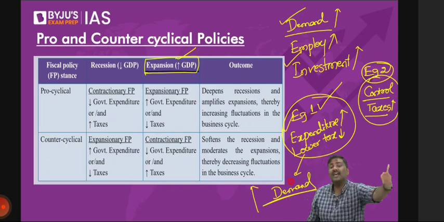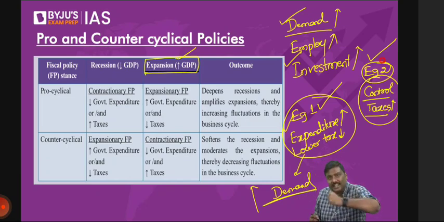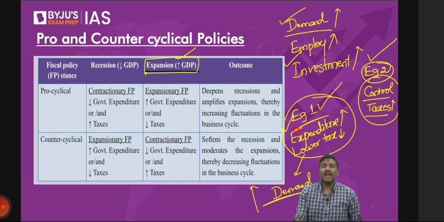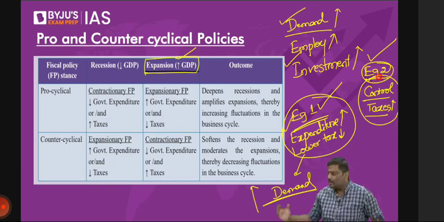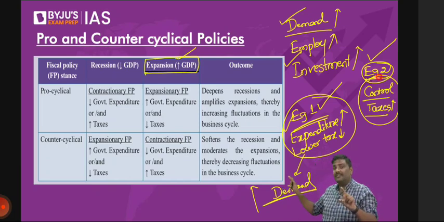Whereas in example 2, the policies are controlling and reducing the intensity of the phase in the economy. Can I call example 1 a pro-cyclical and example 2 a counter-cyclical policy? Please understand, don't compare with the previous example and get confused. This is during expansion. We are talking about expansion now.